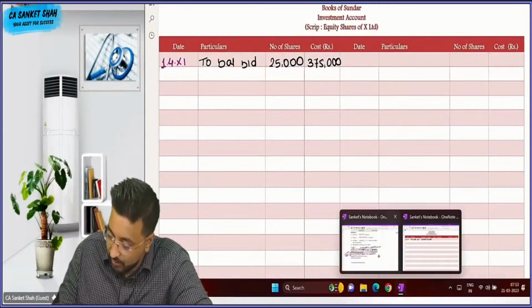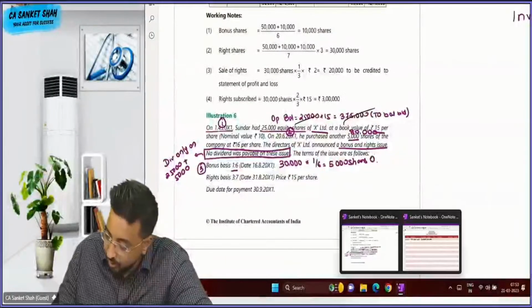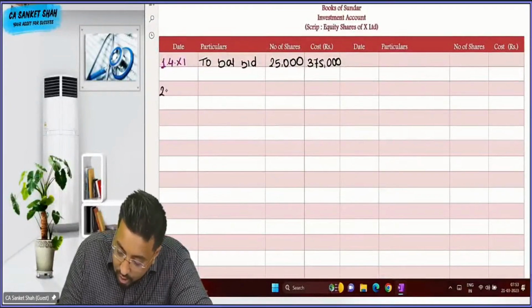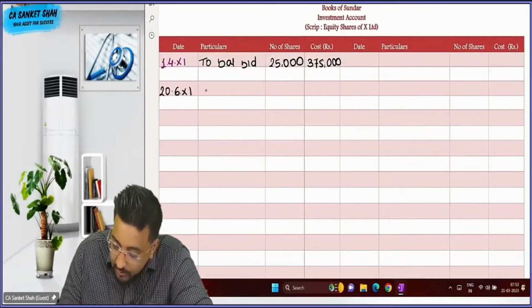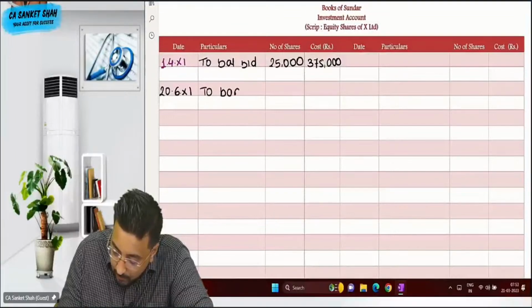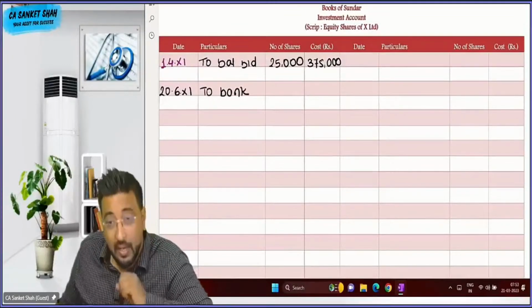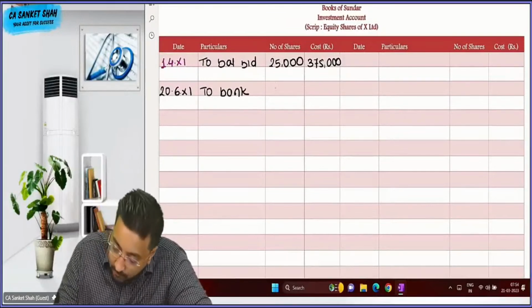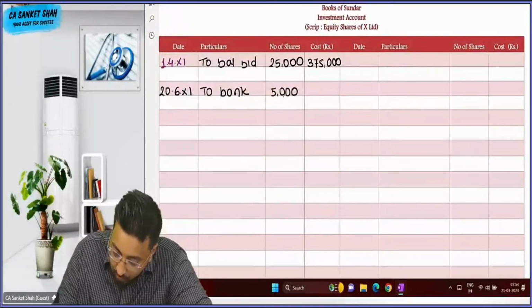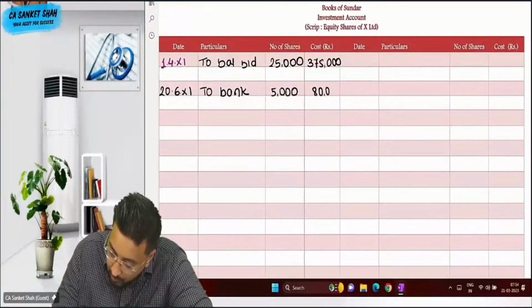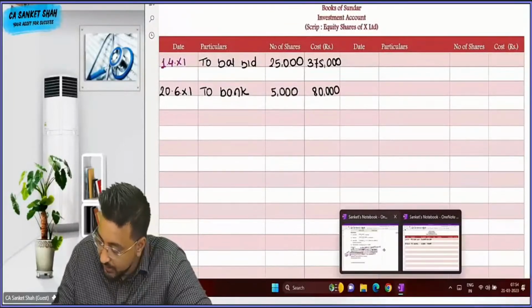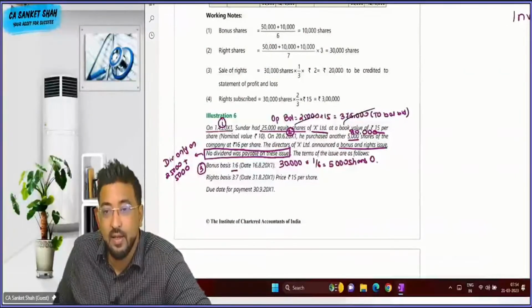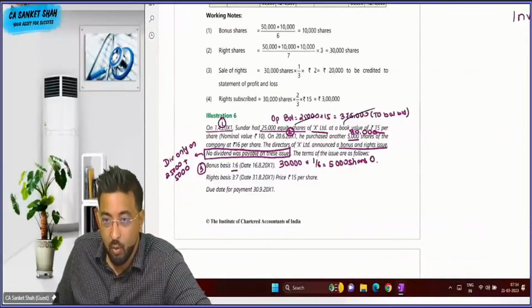Then beta, second one. 28th June 2001. Skip one line beta. To bank. How many shares beta? 5,000 shares at rupees 16 each, 80,000. करेक्ट है। चलो वेरी गुड।